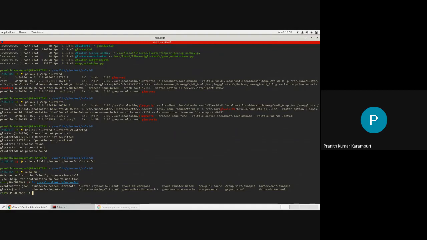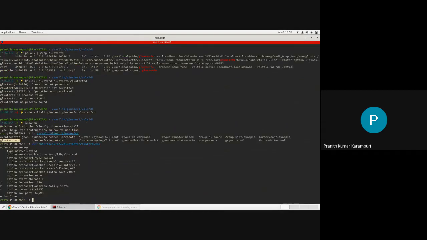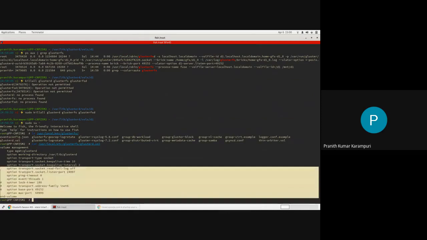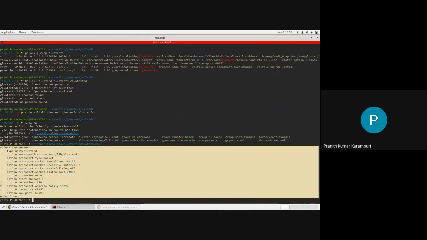Yeah, there is this glusterd.vol. Even glusterd, the whole functionality of glusterd, is nothing but a translator. It has to implement a vol file, but it doesn't have any file operations, because it's not an FS-specific translator. It is more of a control plane translator.